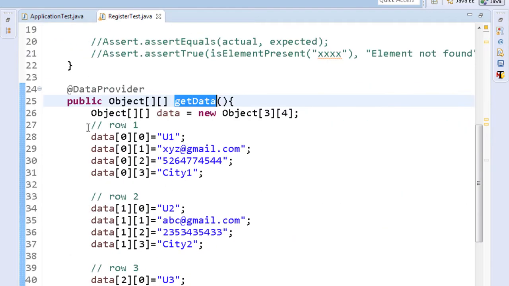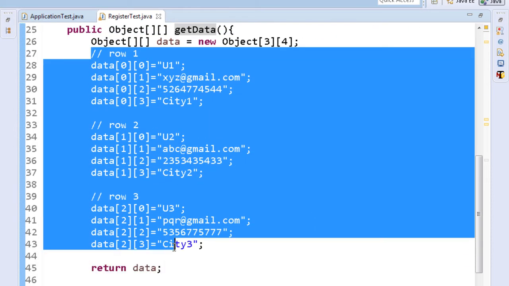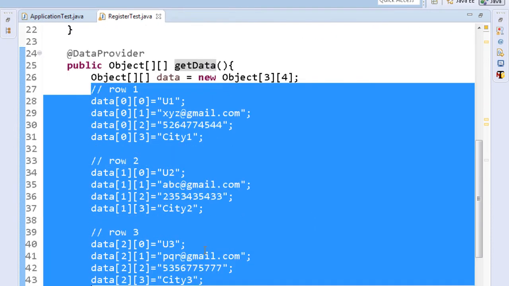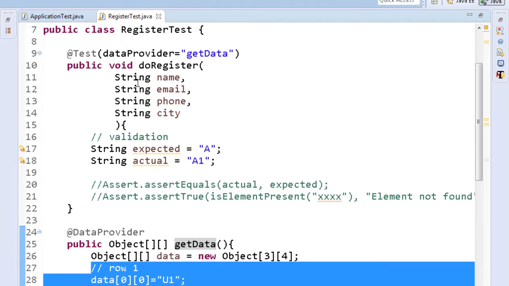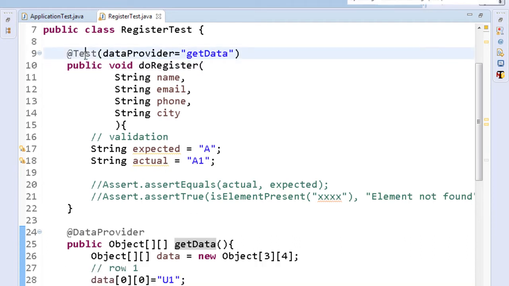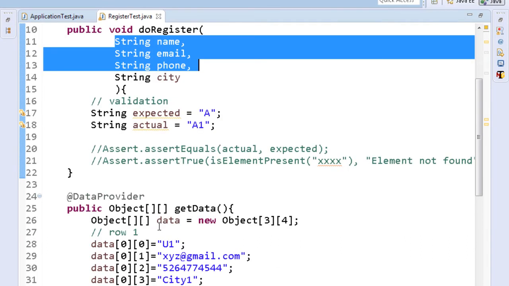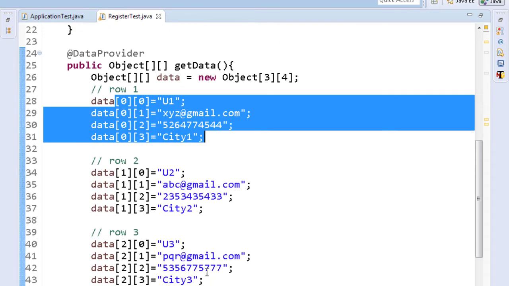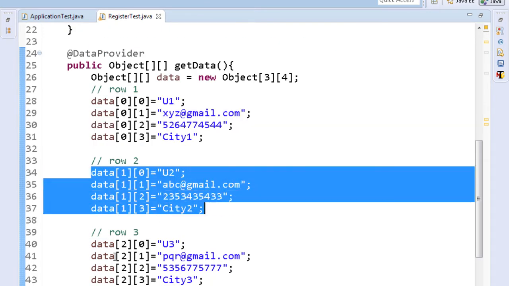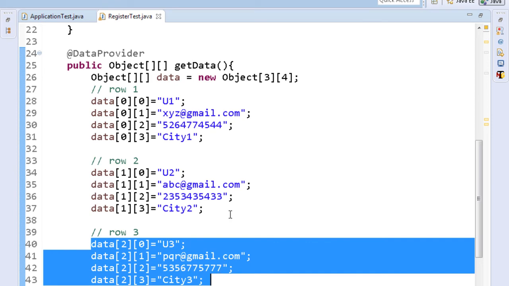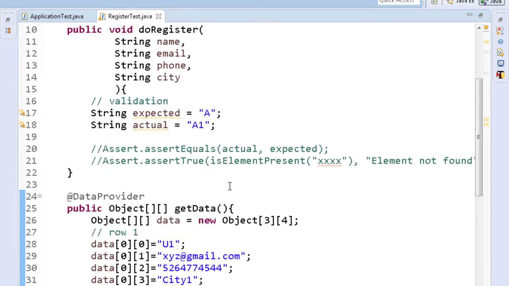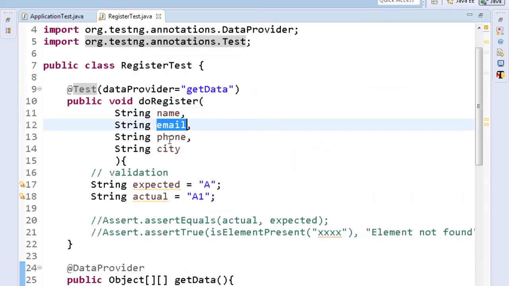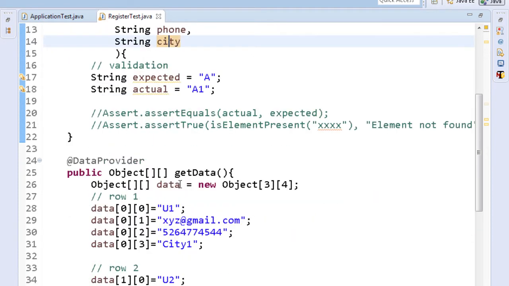It goes into get data, finds out that there are 3 rows, and every time it calls this test: first with this data, then with this, and then with this. But make sure that the number of input parameters which you have, name, email, phone, city and all, is the same as the number of columns.